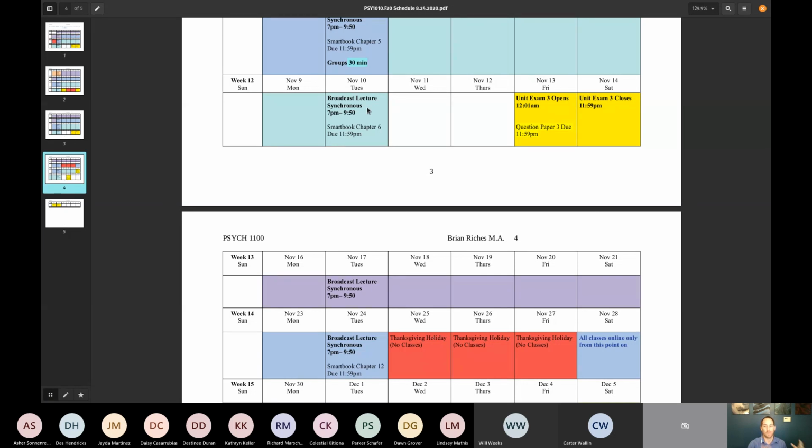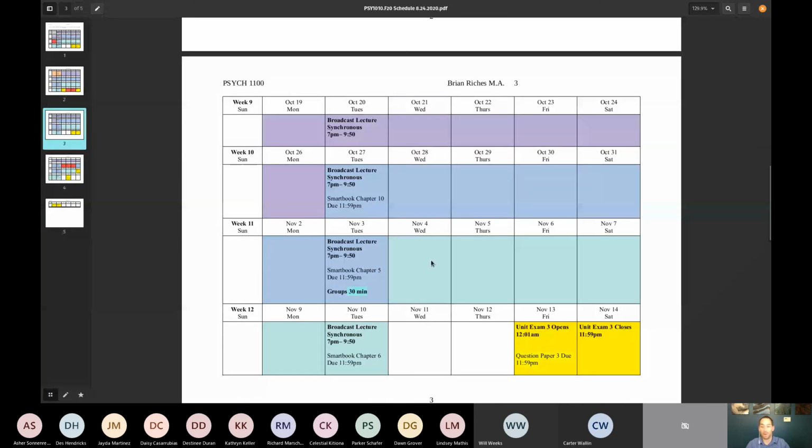So take this time to work with your group, set out goals, definitely set a next meeting time. So if you're all going to meet tomorrow, set a next meeting time, or if you're going to meet on Saturday together. And don't forget, you can use the Microsoft Teams at any time to come and meet. So if you wanted to meet on Friday at 2 o'clock, if that worked for everybody, you can meet in your Microsoft team Friday at 2 o'clock.